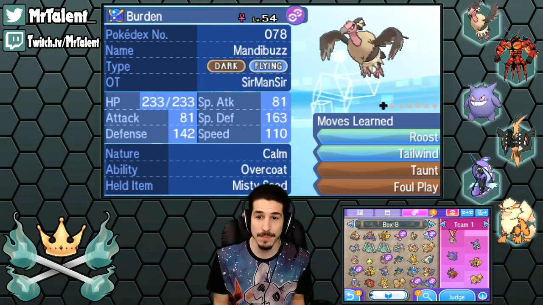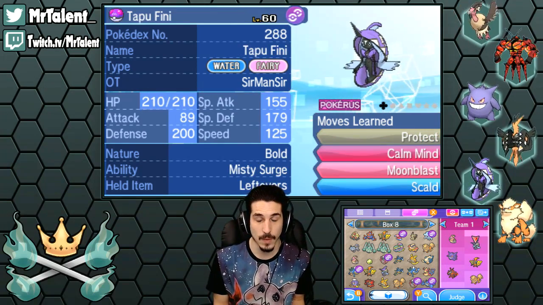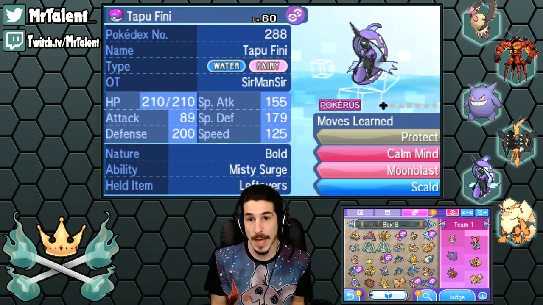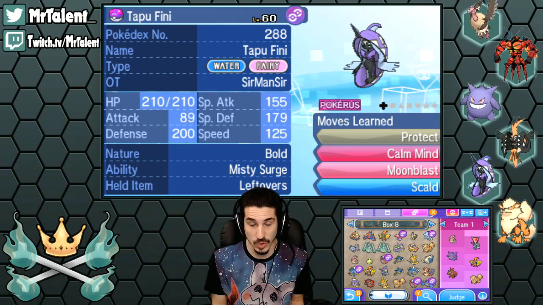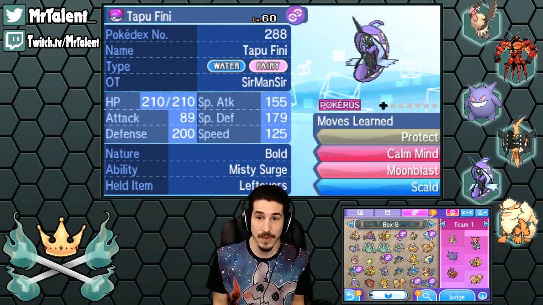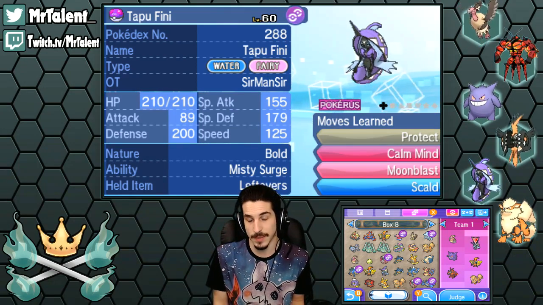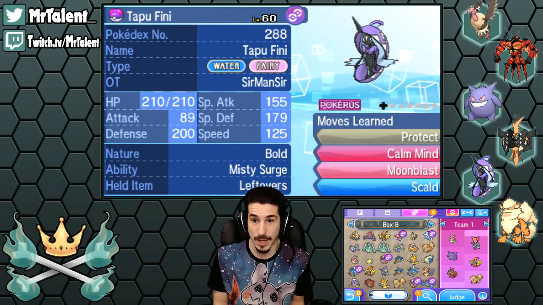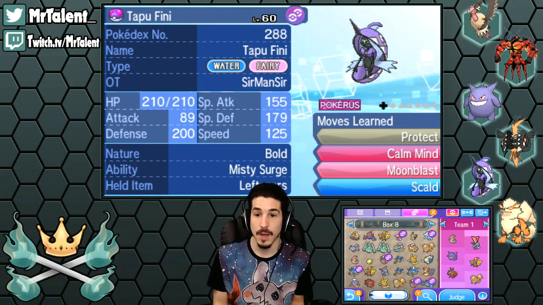And then who complements Mandibuzz best? We got Tapu Fini. Well, I shouldn't say best, but who complements this version of Mandibuzz best? Tapu Fini. We got Protect, Calm Mind, Moonblast, and Scald. We got a Calm Mind Fini. I like working a Calm Mind Fini with Mandibuzz just because you got two bulky mons. You're going to be putting in the work with those mons, and it's pretty damn solid right there,